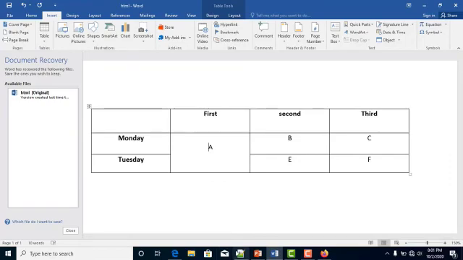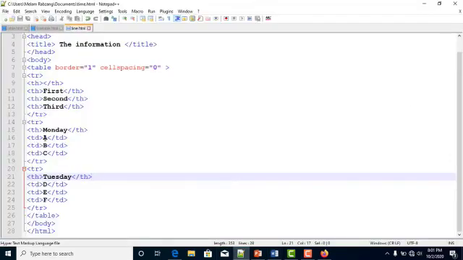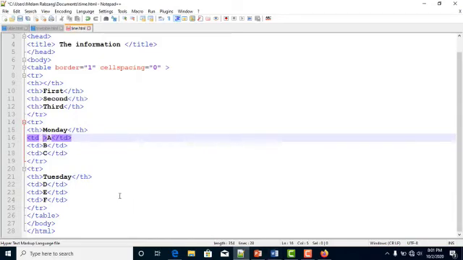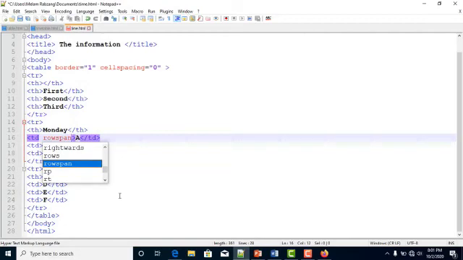Yes, in Monday I have to go here and insert rowspan is equal to